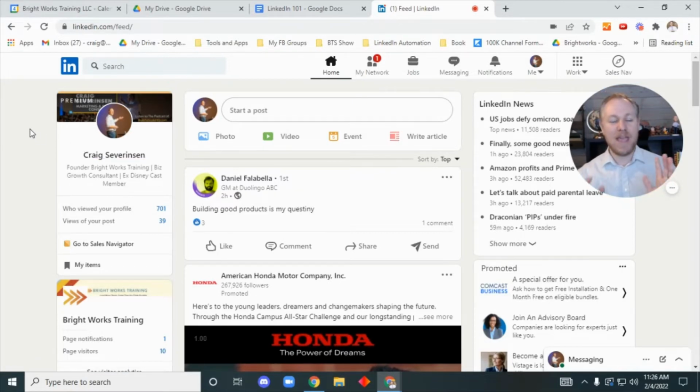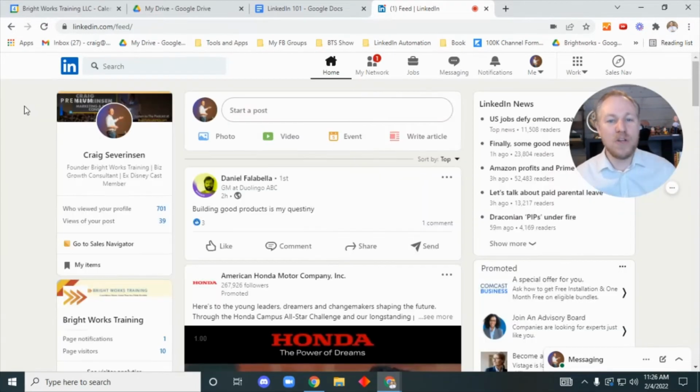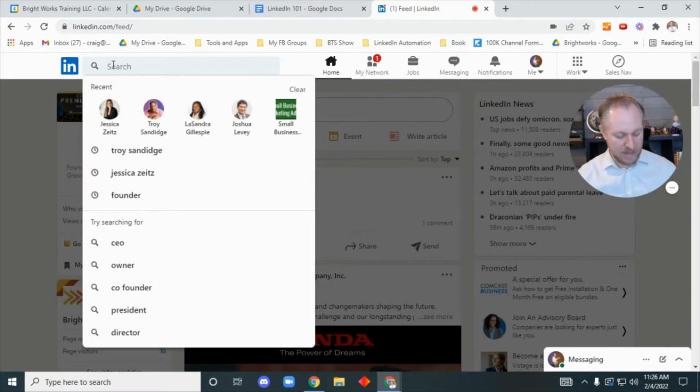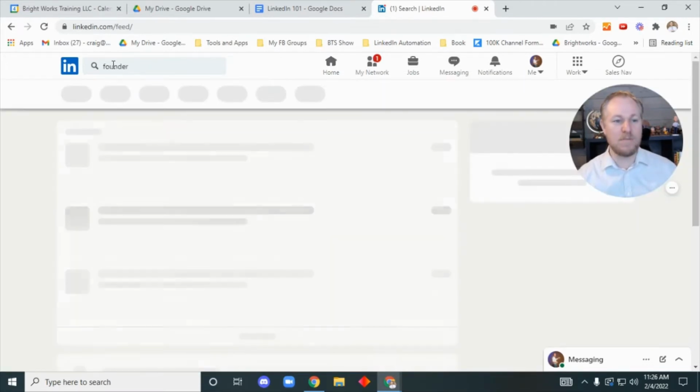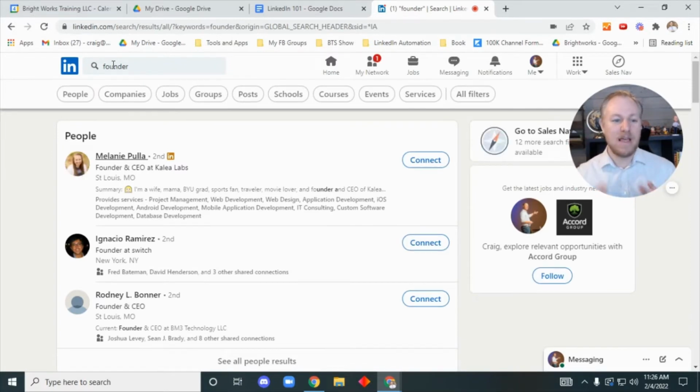Okay, but let's look at just the free version. Again, this works in Sales Navigator. The tools are slightly different, but the free version is just a great place to demonstrate how all of this works. So it all revolves around this little search bar here at the top of the page. So all you want to do here is put in a keyword of who your ideal client would be. So for instance, let's say that you're looking for owners or founders. So we're going to put founder in there. And LinkedIn is going to pop up a list of a ton of people who have the word founder in